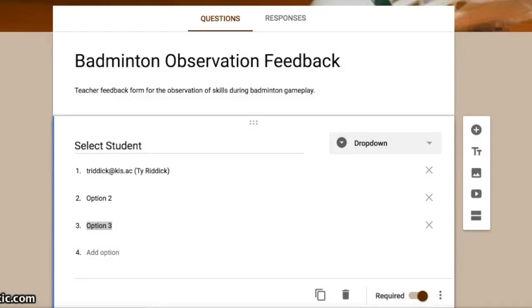The first step is probably to create your Google form and decide what it is you want to observe. So as a PE teacher, I've just made a quick example here. I'm going to create a form to observe students participating in badminton, and I'm going to structure it in a way so that as they're participating